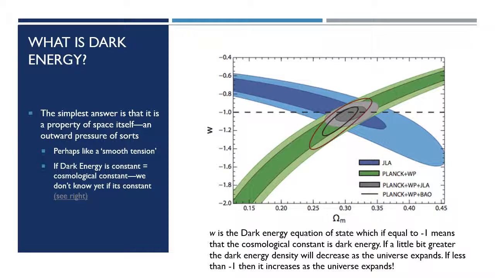It's constant. But it turns out that there are a lot of data points that can be consistent with the equation of state, or W, being less than -1. Or it could still be consistent with -1, or it could be greater than -1. And so there are some really, really interesting possibilities that lie out there that let us know that maybe dark energy is something that's quite a bit more complicated.